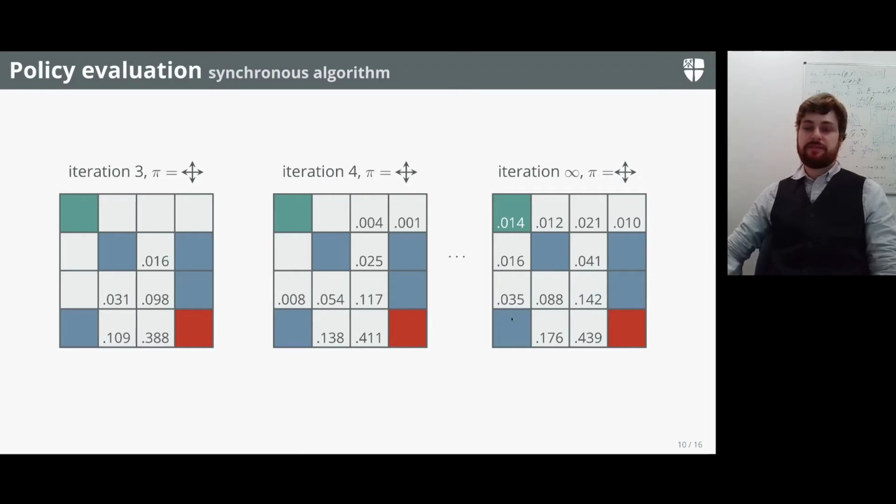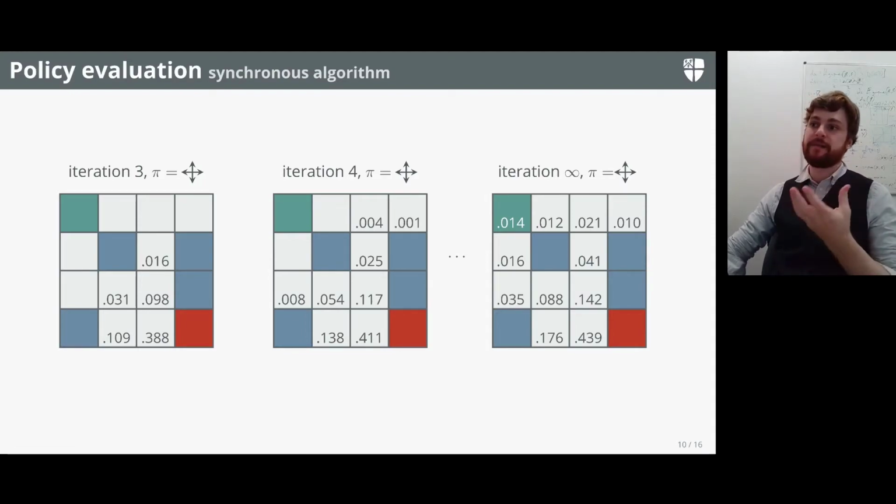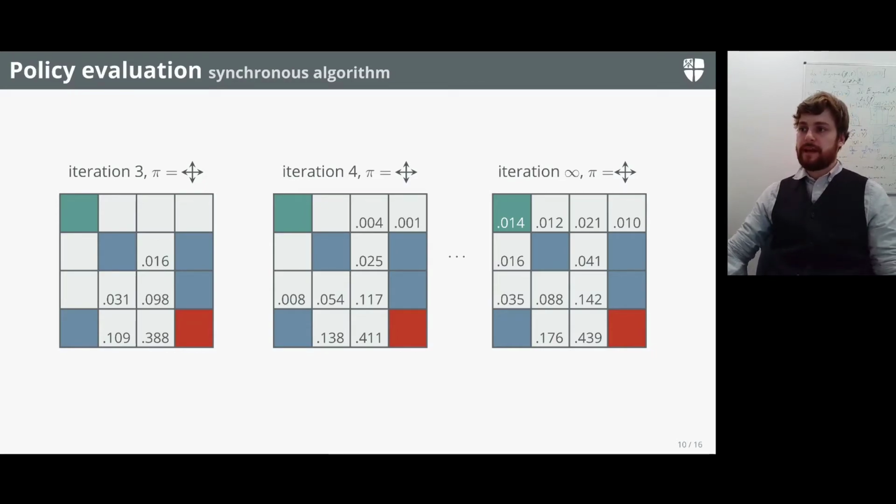So this allows us, just by iterating, by policy evaluation, we just keep iterating, we do actually get the true value function for that random policy. So now that we've got that true value function for that random policy, we probably want to know how to improve it. So this just shows iterating 3 iterations, how it starts to propagate out, 4 iterations, it starts to propagate out. Then if you iterate it forever and ever and ever for this random policy,